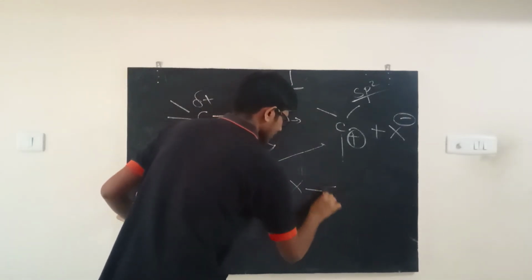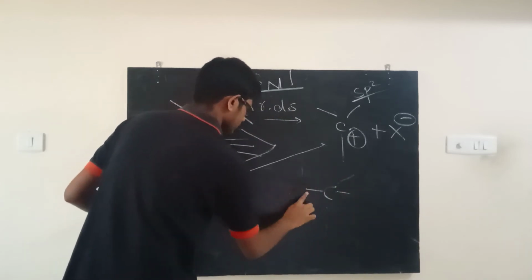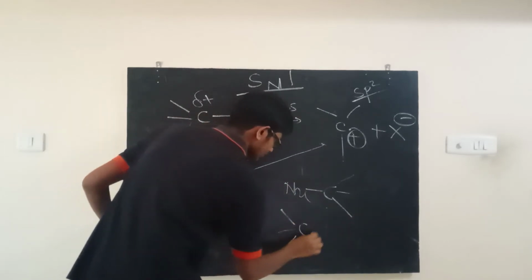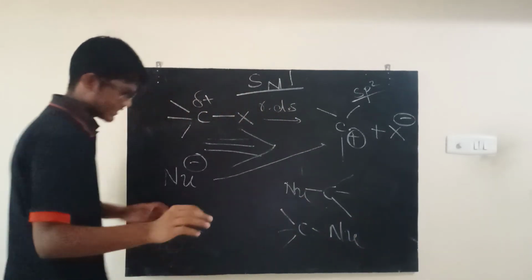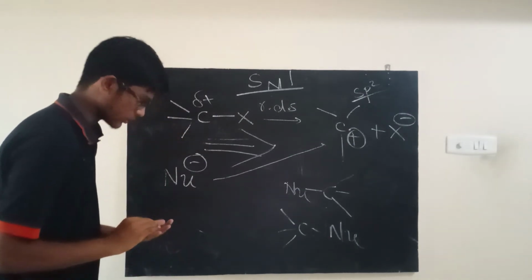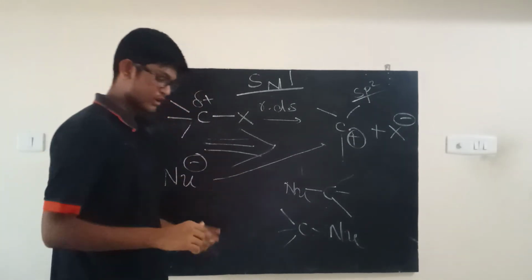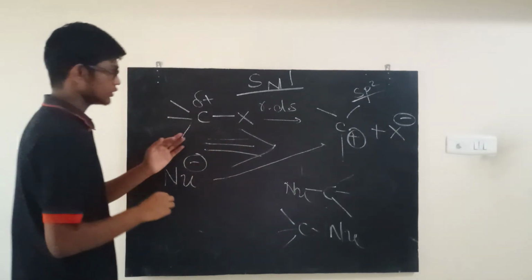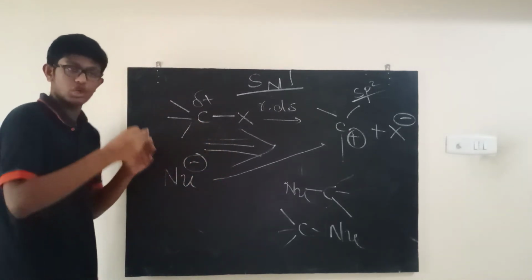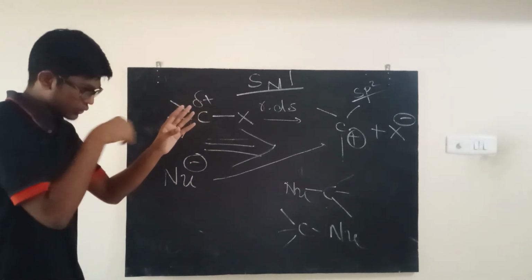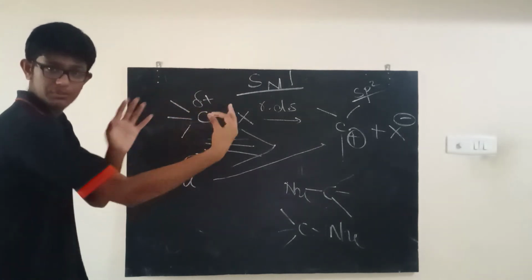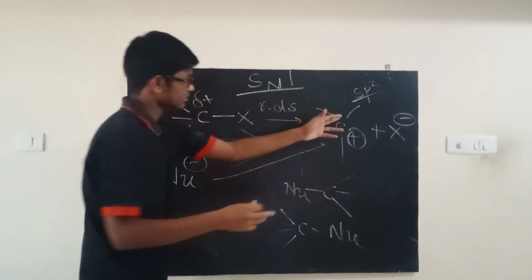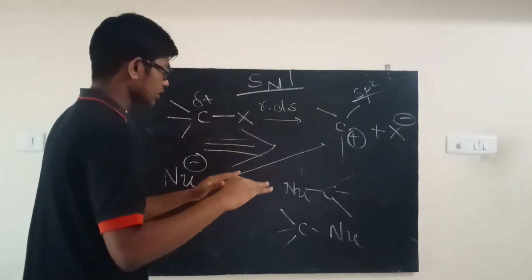So the nucleophile on one side, the nucleophile is Nu minus, right? So Nu and 3 carbons, or the other way. And again, we are not going to fall prey to the world and say this is inversion in stereochemistry. We are going to be very specific and say this is inversion in configuration, but not always. See, in SN2 you had no choice because it's a rigid 3D molecule, you only had one side to attack from because there was electron density repelling you, right? But now he's gone, so you got a lot of space to work on this carbocation. You can attack from the front, from the back, it's all good, both are possible.